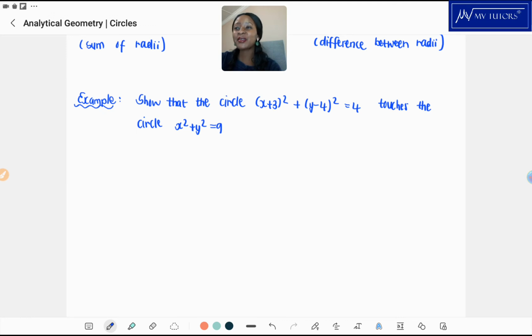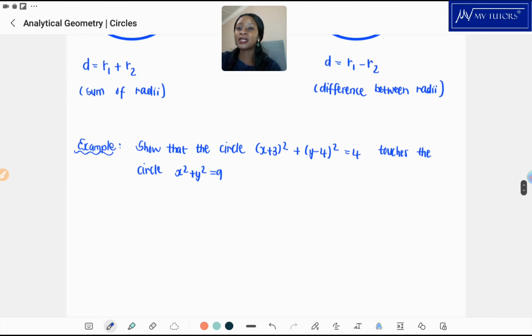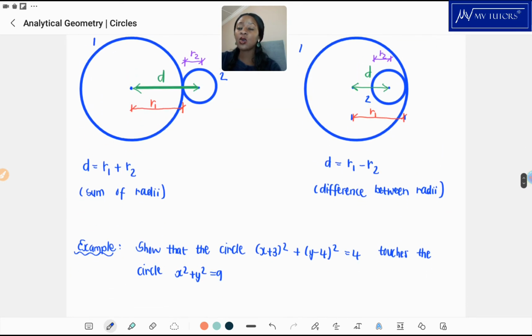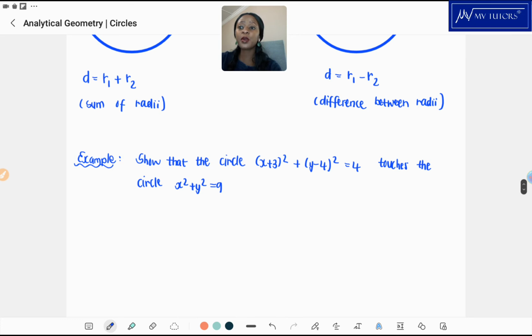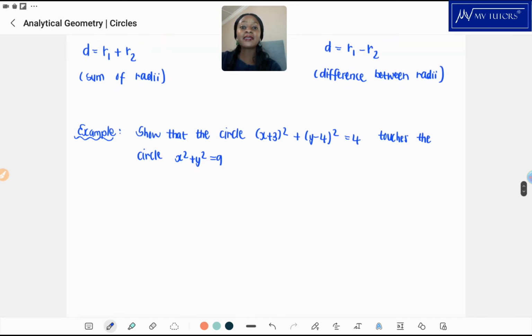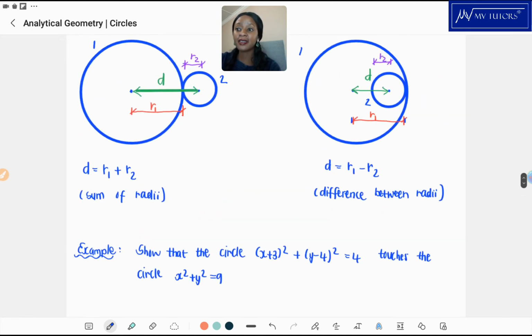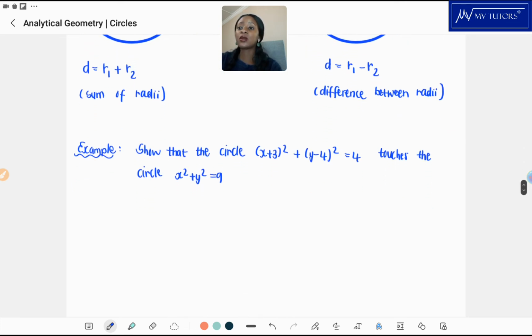How are you going to show that the circles are actually touching? Like we said, they can either touch externally or touch internally. Or, before we even go further, they can cross each other, meaning they intersect. So if you want to show that the circles are touching, you can show that they're actually touching, meaning you get either the sum of the radii or the difference between the radii,